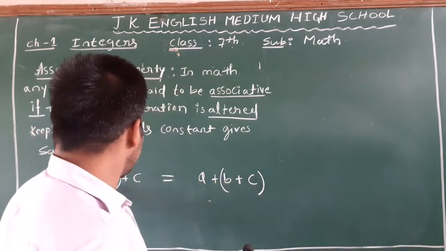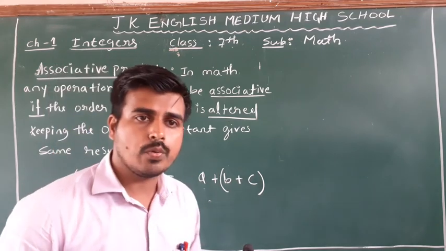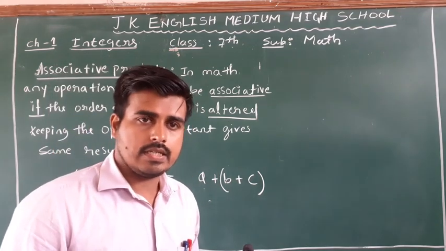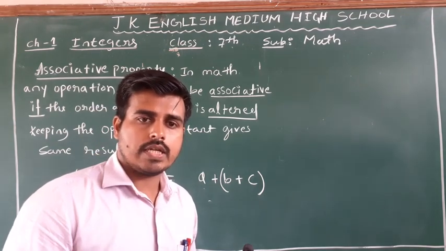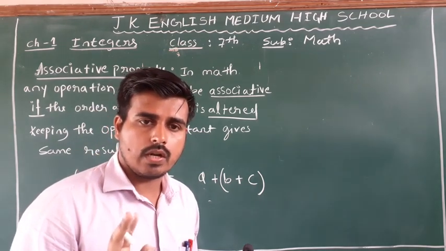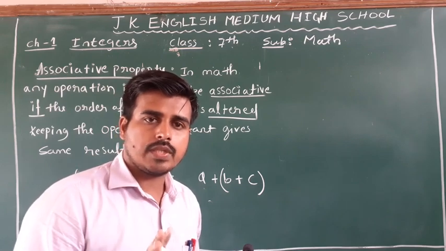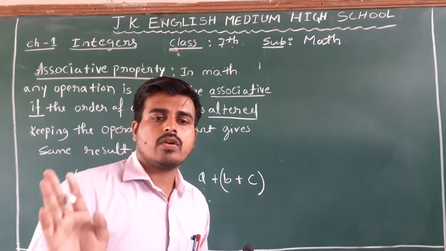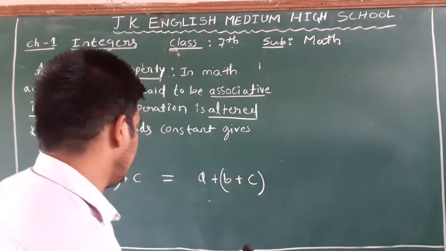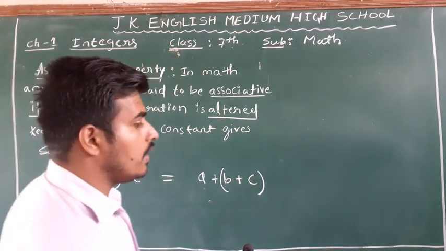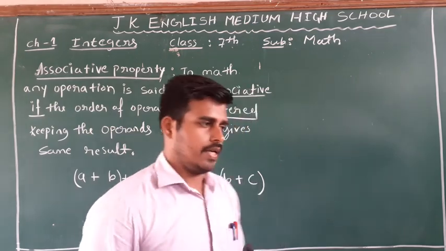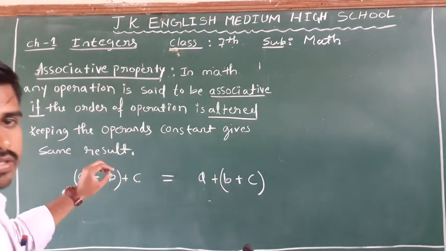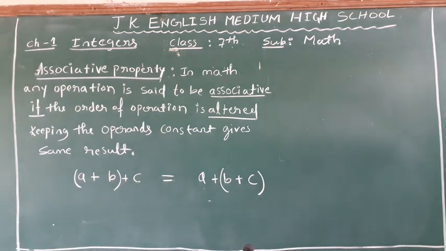In place of A, B and C, what are we going to put? We are going to use integers, and integers means positive numbers, negative numbers, and one neutral number, which can be expressed without any denominator and without any decimal point. Now we will check whether addition of integers is associative. You can write this much in your notebook. I will rub it.